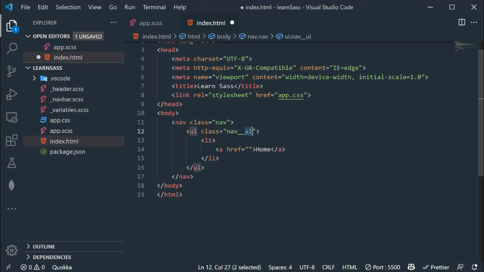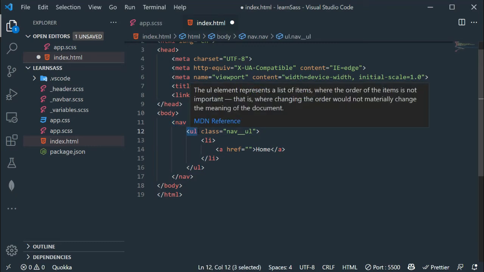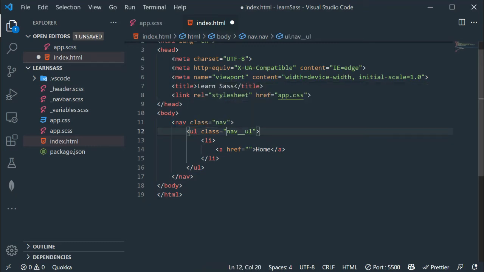So this ul basically represents this ul tag. Now friends, as you can see, between this nav and ul we have clear relation, because this nav represents the parent class name, which is this nav.